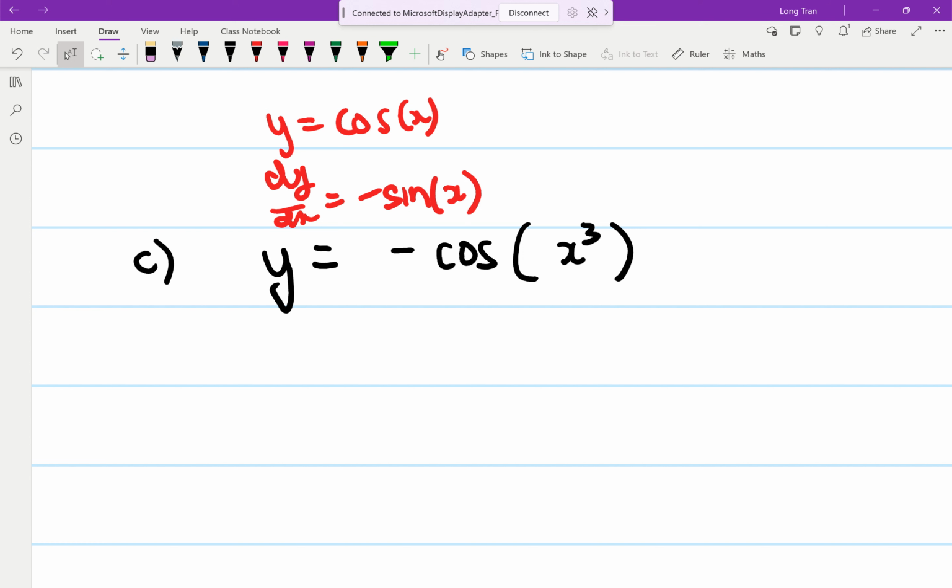Have a go with this one. I'm asking you to find the derivative of y equals negative cos of x cubed. The one in red tells you the rule. That's the derivative rule I've given to you. Derivative of e to the power of x is